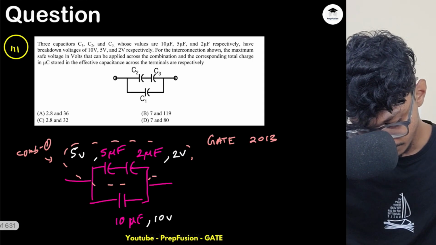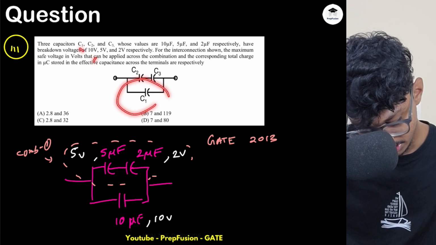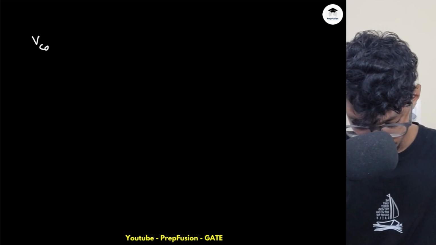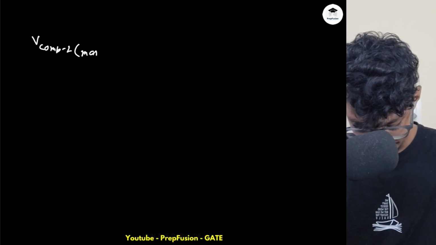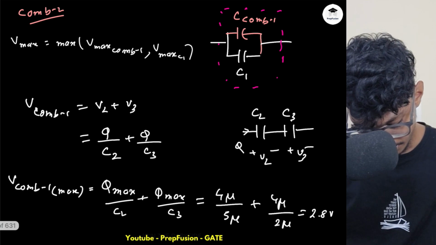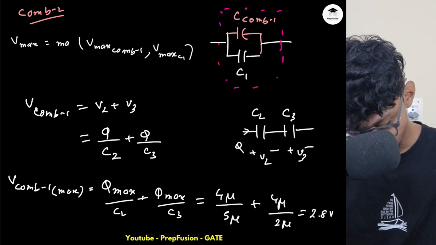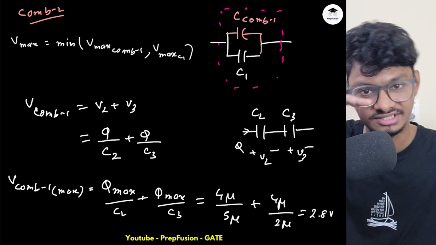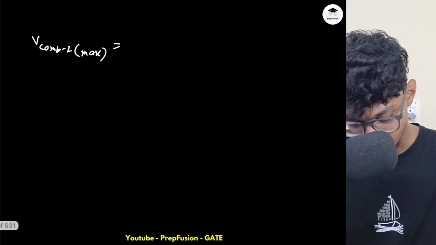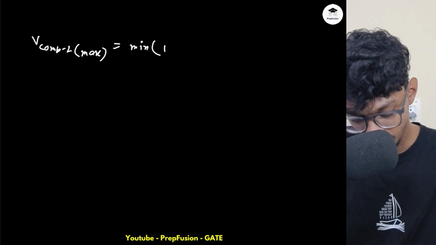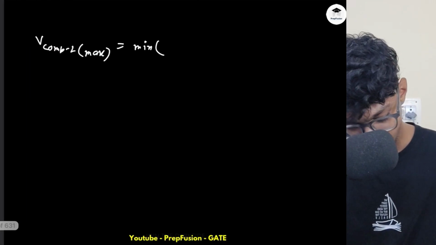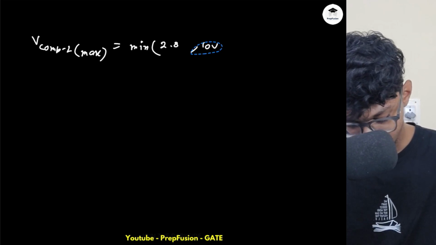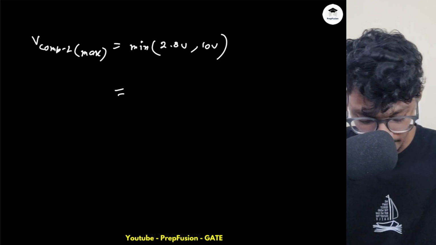V1 max, have they mentioned V1 max? They have mentioned V1 max, right? Because C1 has a maximum voltage of 10 volts. So for this whole combination, V comp 2 max, I need to choose the minimum, right? I have written maximum, sorry. This should be minimum. Obviously, I will choose the minimum. If I choose the maximum, it will damage the other one. So that's why I'll choose the minimum. What is the combination? Maximum is 2.8 volts, comma, 10 volts. That is the maximum for the capacitor 1. So if I choose the minimum out of this,